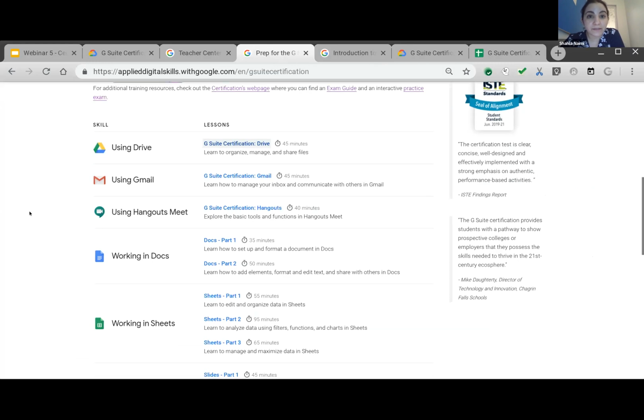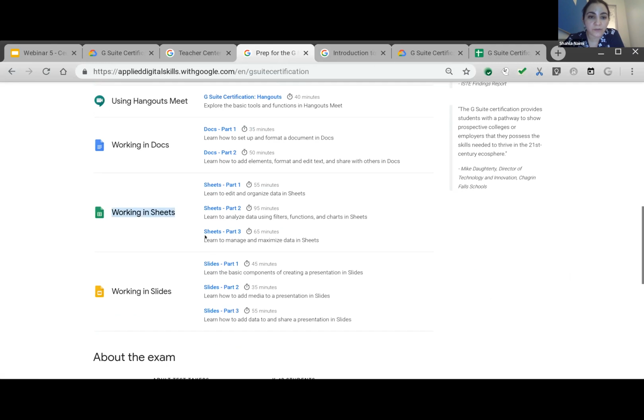Now, if your students already have some skills, you might decide, you know what, my students all know how to use Gmail really well. They're experts in Gmail. So I really want them just to learn spreadsheets. In that case, you would just go through parts 1 through 3 in spreadsheets with your students. So really, you know your students best, you know what their skill levels are like, so you could go through and use whichever lessons are most applicable to you. You could also assign certain lessons to them, whether or not you want to take the exam.